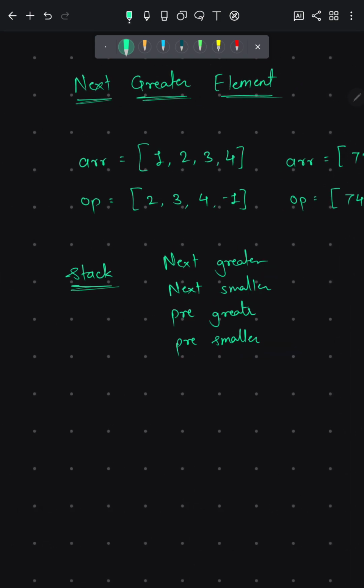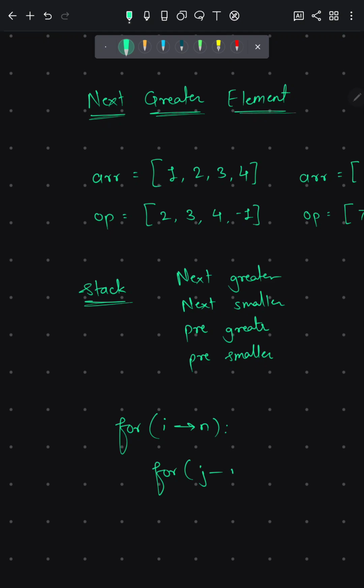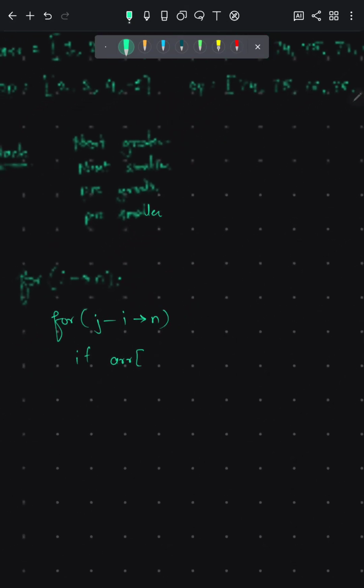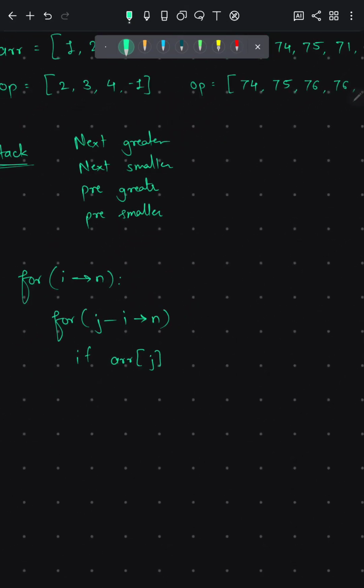Otherwise what will you do? You will keep one for loop, i equal to 0 to n, and a second for loop, j equal to i to n, and we will check if array of j is greater than array of i.